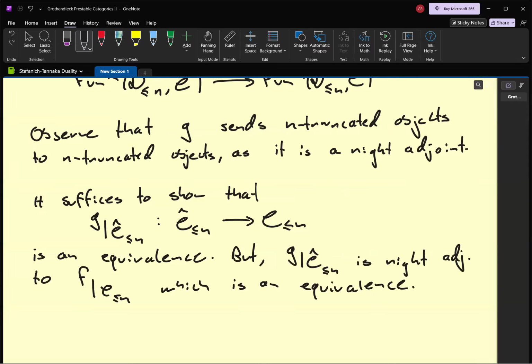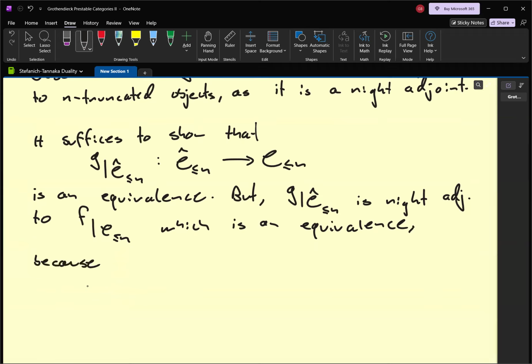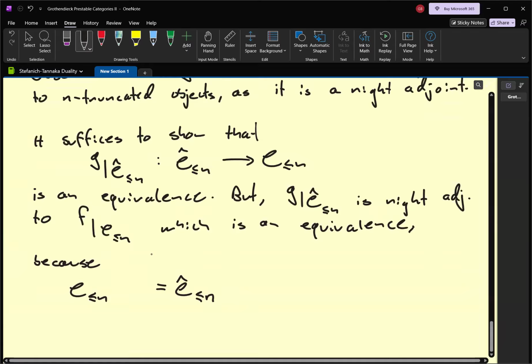And why is this an equivalence? This is simply because C less than or equal to n is simply C hat less than or equal to n. Right? This is again like in Higher Algebra chapter 1. So now we are done because now we know that G is an equivalence as we want, and this concludes the proof,